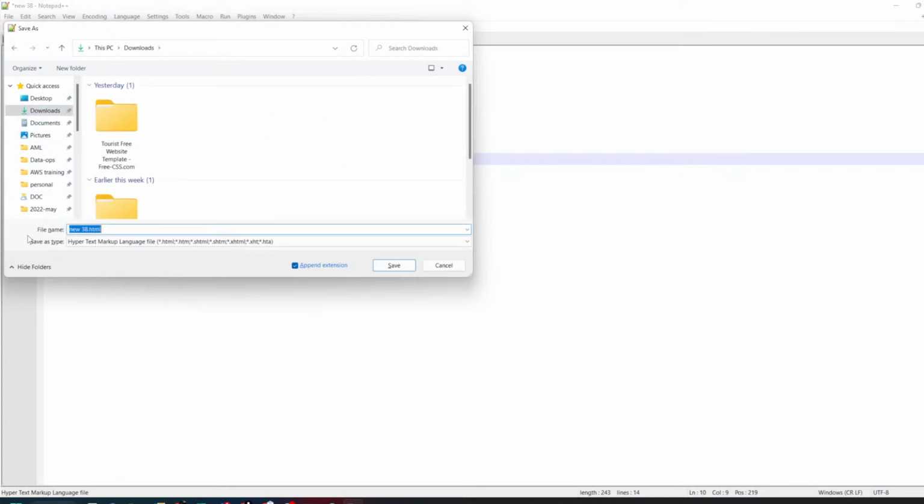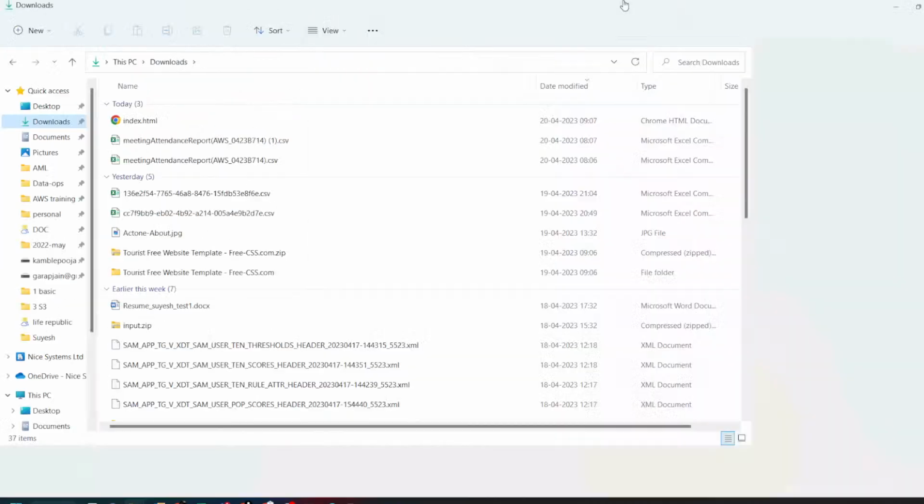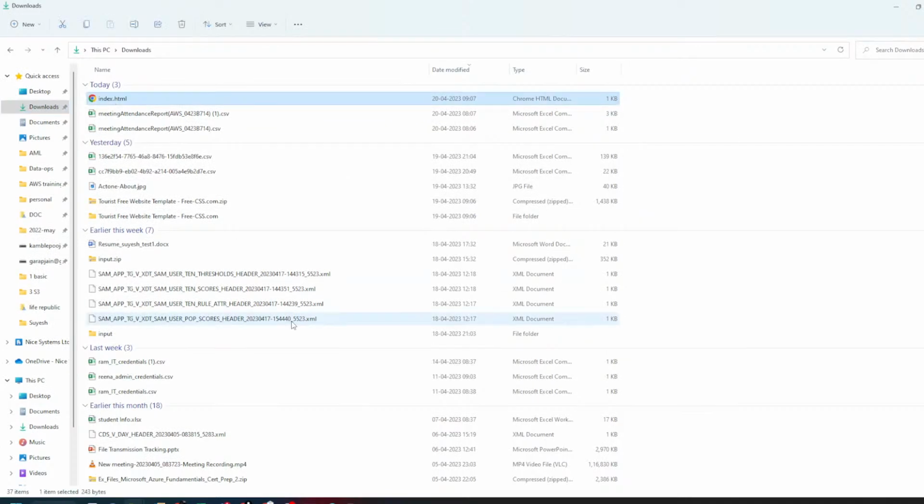You can give any name, but in general we give index.html. It's your choice, you can give any name, but for the first file the standard is index.html. Now let's open the file. Let's go to the download folder. So you can see the file is saved like this. If I double click the file,